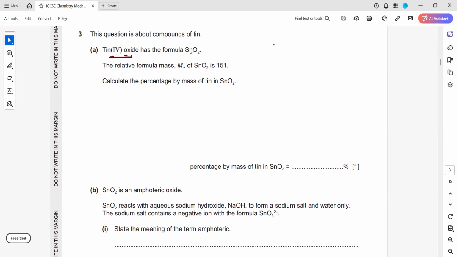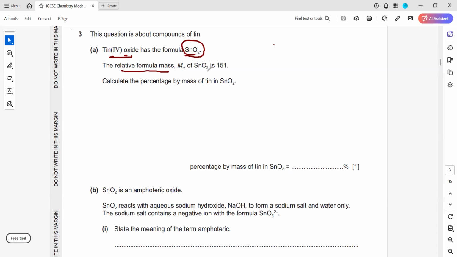Tin 4 oxide has a formula of SnO2. So the first one which I conducted, that marks as the main one, because if you score 30 out of 80 or 34 out of 80, that shows your level. For online students, usually they are doing it under their parent. Yes, but I do consider them. But what I conduct in the class is the true picture of where you stand, if you score like 50% marks, 60% marks.